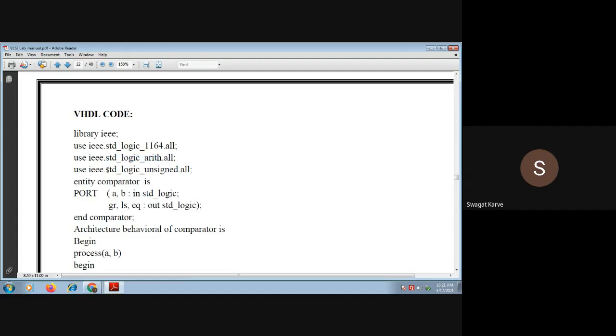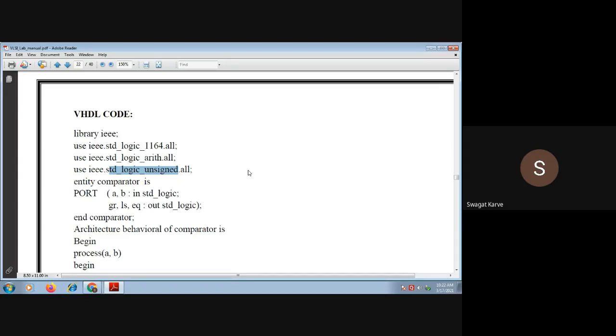Again, we have to select the unsigned package also, std_logic_unsigned. Why unsigned? Because in many cases a number may be negative, and if the user wants to compare a negative number with a positive number, or a signed number with an unsigned number, then you must not get an error from the comparator result.